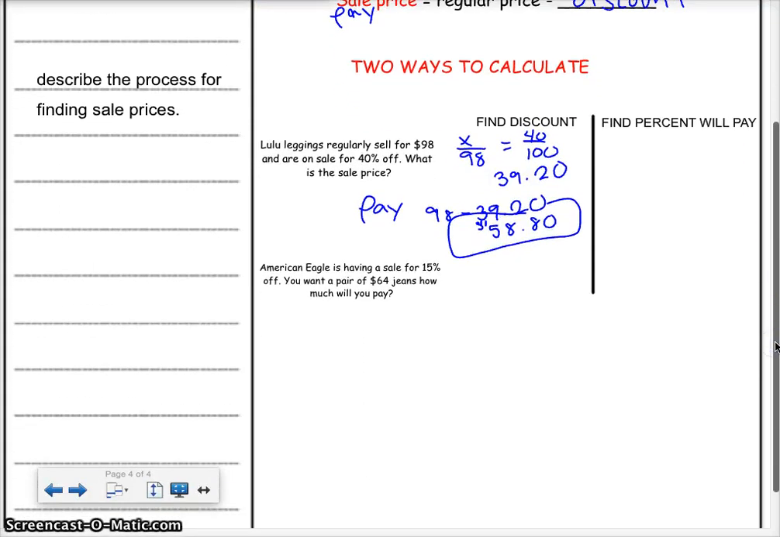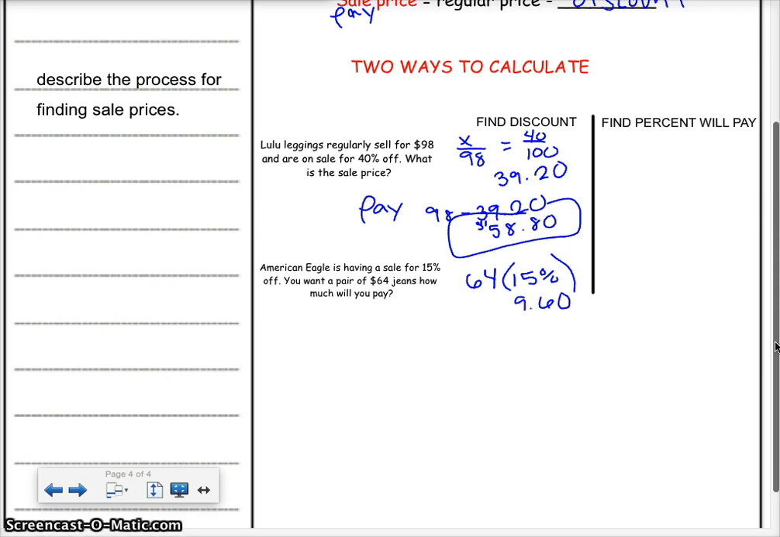Okay, American Eagle is having a sale for 15% off. You want a pair of $64 jeans. How much will you pay? Well, I've got to figure out my part. So I'll multiply this time just to show you that you can do either way. So $64 times 15%, right? Do you agree with that strategy? Okay, so I get 9.6, which is money,